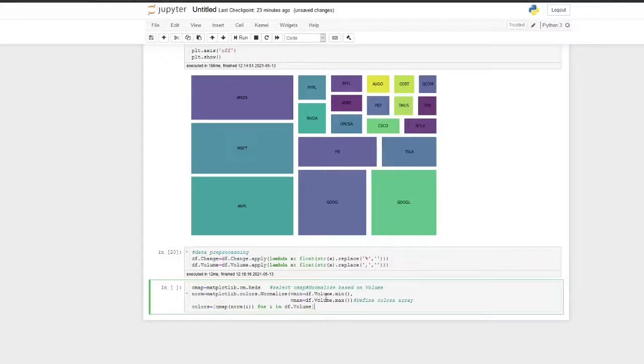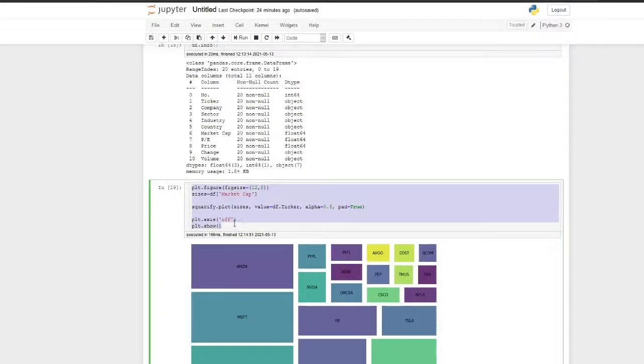Then I will normalize it with respect to the volume. That means the lightest shade will be for the minimum volume, and the maximum darkness will be for the maximum volume. Okay, and then for each volume I will assign the color.